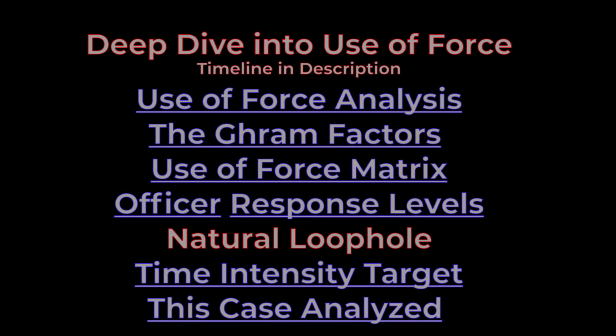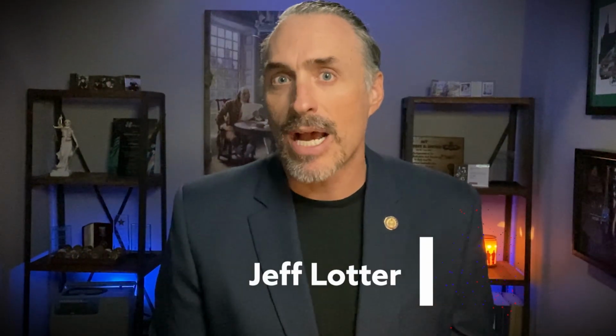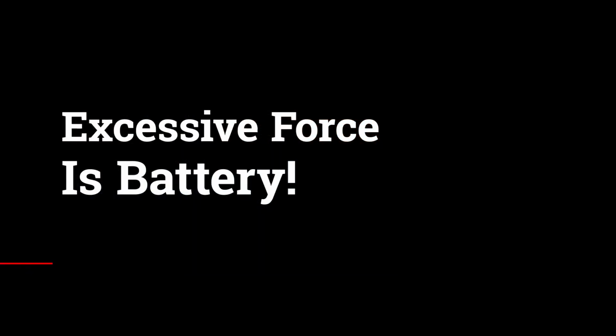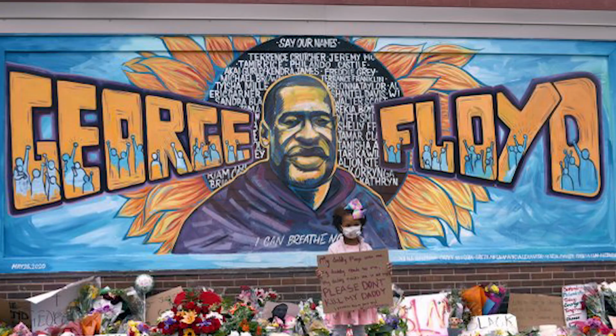The answer to this question is easy, but understanding that analysis is more important so that you can apply it to future circumstances. Use of force analysis is the process by which we analyze an officer's behavior to determine whether his conduct conformed within the natural boundaries of the use of force matrix. Officers who exceed the boundaries as set forth in the use of force matrix are said to have used excessive force. That's illegal. This legal analysis is going to be critical in the trial where Derek Chauvin is charged with